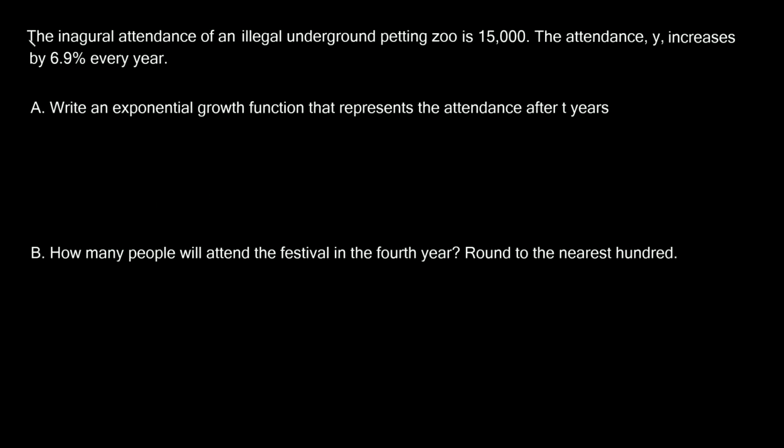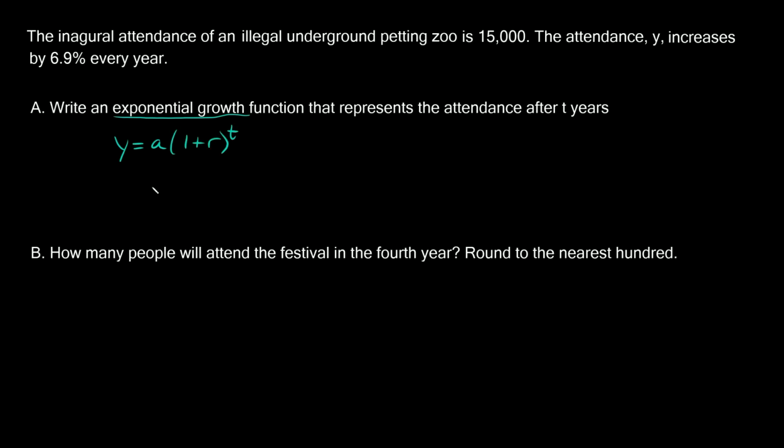Okay, here's the next problem. So this one says the inaugural attendance of an illegal underground petting zoo is 15,000. The attendance Y increases by 6.9%, nice, every year, okay? So then the first part of this problem is saying, write an exponential growth function that represents the attendance after t years, right? So this is gonna be the same thing we just did in the last problem, okay? So it says exponential growth, right? So that means we're gonna use the Y is equal to a times 1 plus r raised to the t,